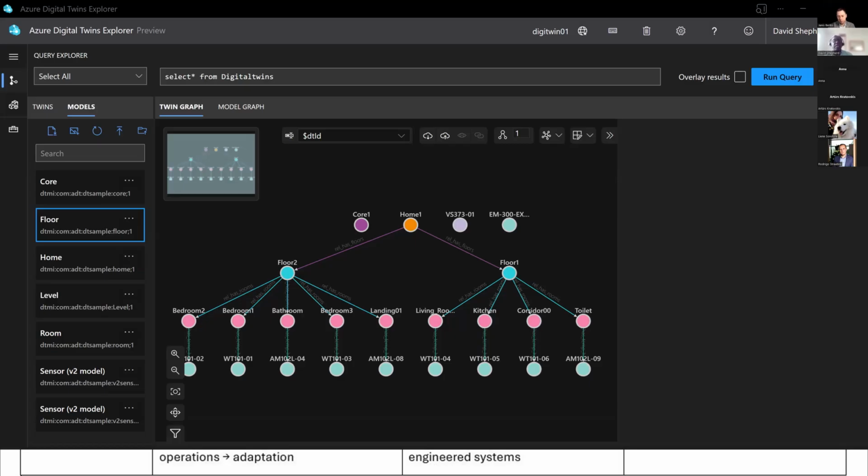And so I'm saying that you don't have to have the most complex model to do that. All that you need to do is be able to generate that basic structure that goes from, as you can see there, the building to the floors to the rooms. And then you can think about the assets that sit within those particular spaces, and you can begin to capture data that's associated with that.